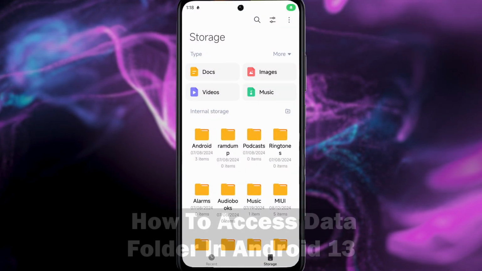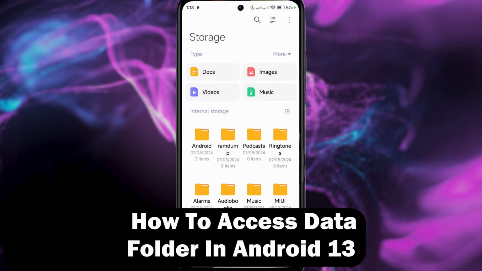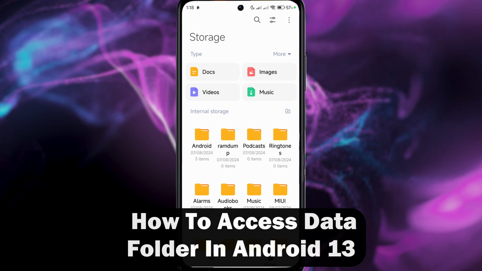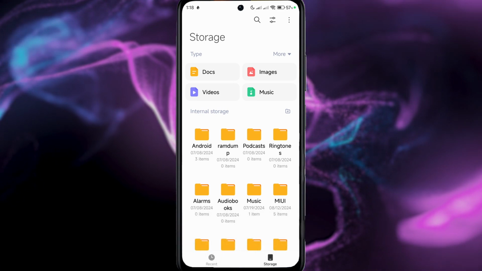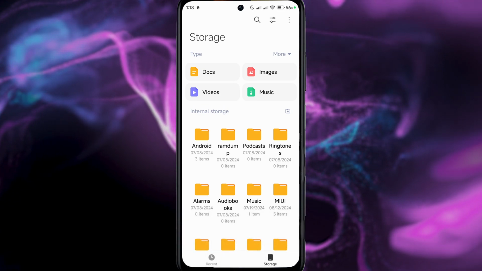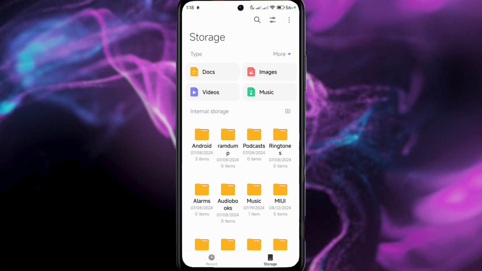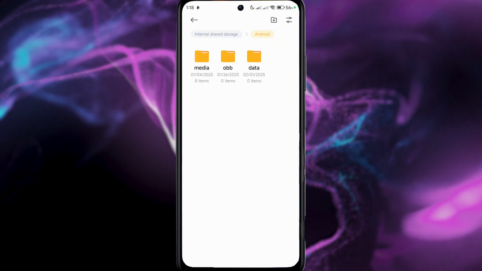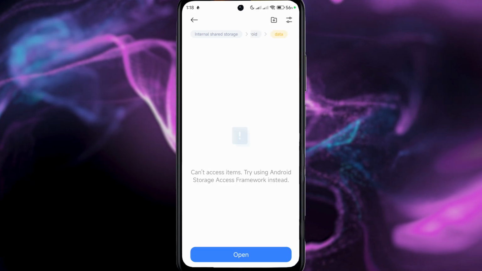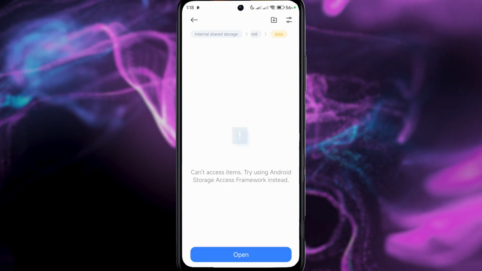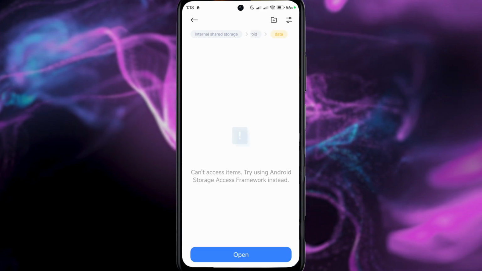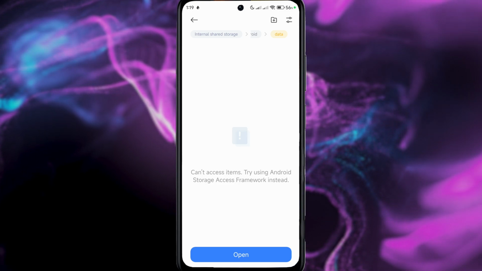In this video I will show you how to access data folder in Android 13. So my friends, if I try and go to my data folder, for example, let me try and do that on my phone right now. So let us go to the Android folder and press on data. And as you can see, I can't access items, and it tells me to try using Android Storage Access Framework